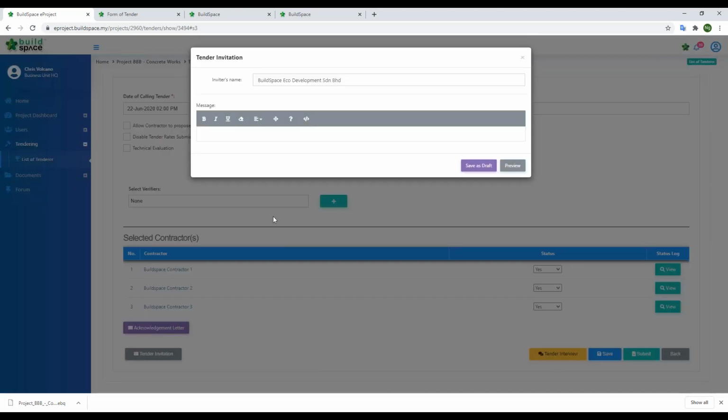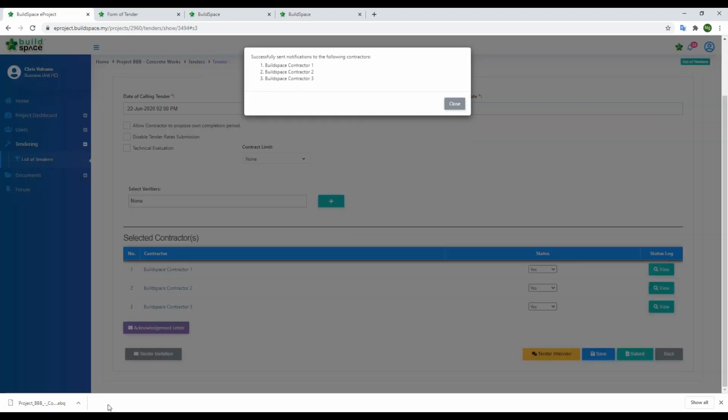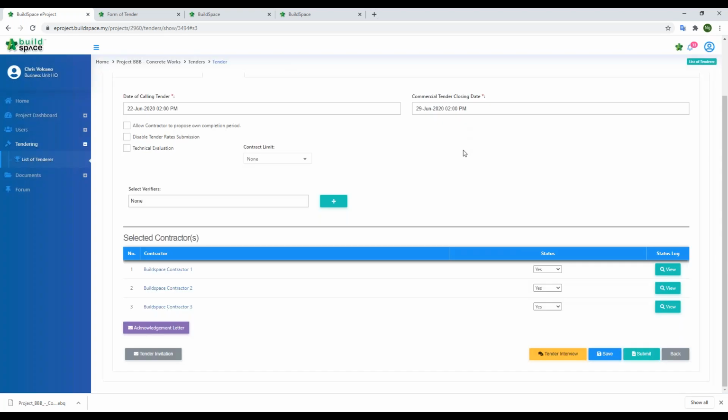If you want to send out, we can hit this button to draft our message for the tender invitation. And we can preview our email content and hit the send button to send out. And let's say all the tender documentation is ready. Now we are able to call for tenders for our subcontractors. What we can do is hit this button, submit again